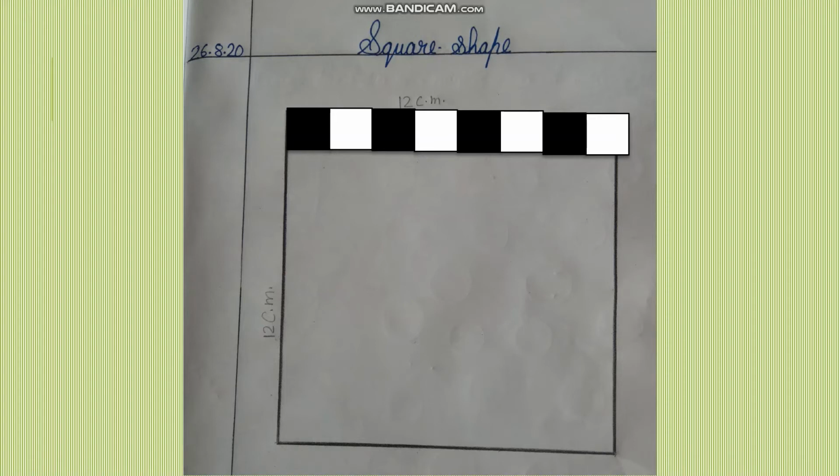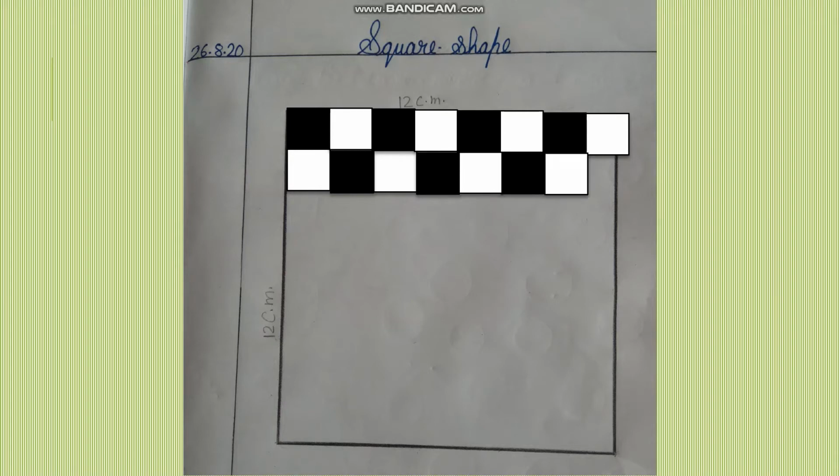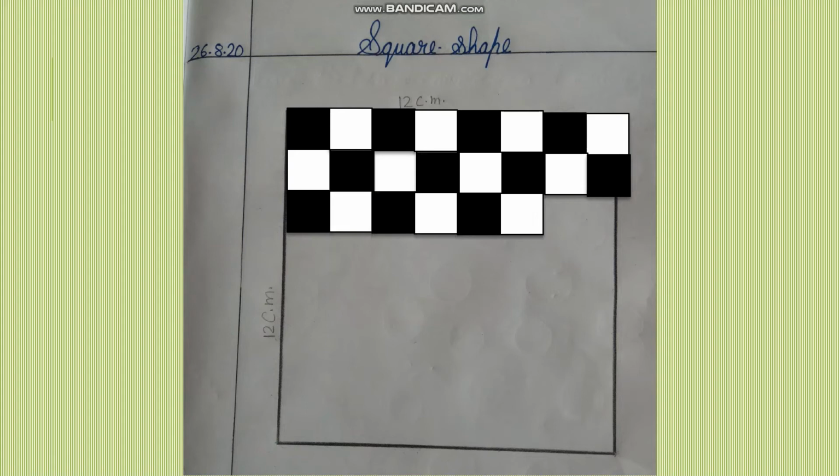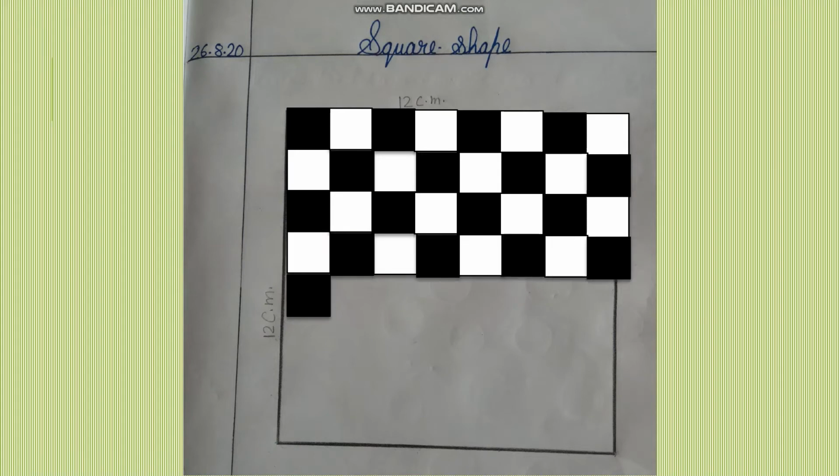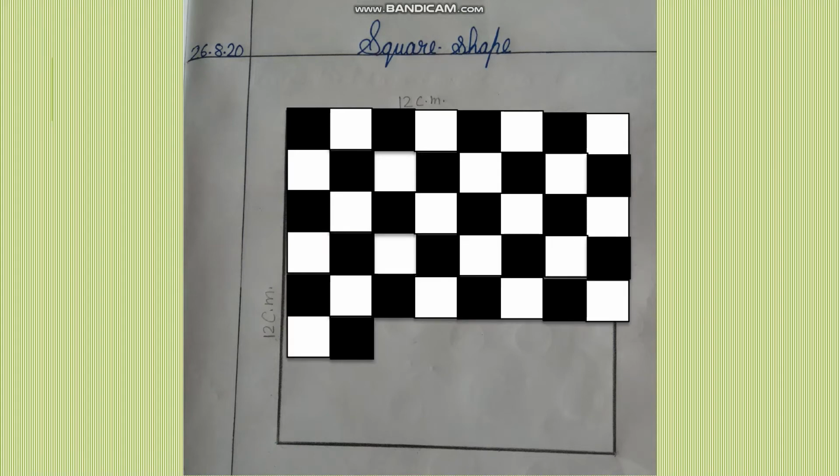Okay, white, black, white, black, white, black, and same way we will continue our squares and we will complete our page.